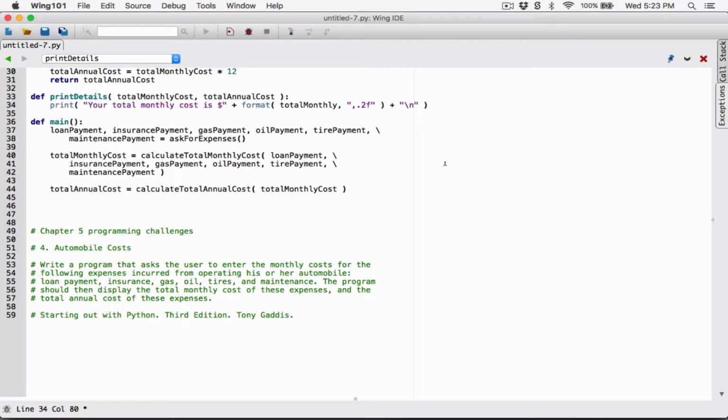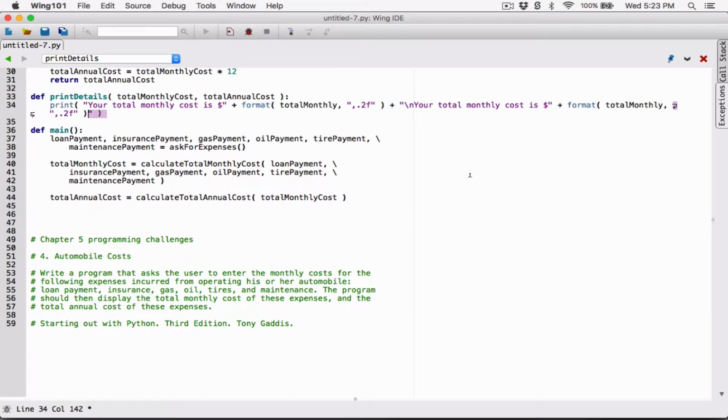So I'm going to create a new line character, and the next thing I want to display is your total annual cost. So let's first copy the same thing here and display it here, and say concatenated with your total monthly cost. Let's change it to annual cost. Now I know I'm exceeding it, so I want to break it somewhere around here. Type in the \, hit enter,